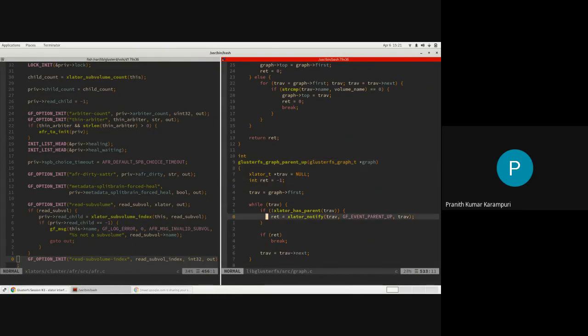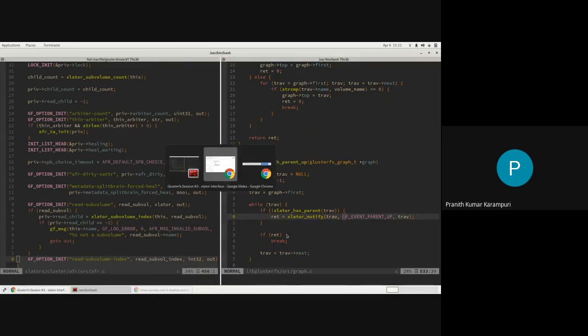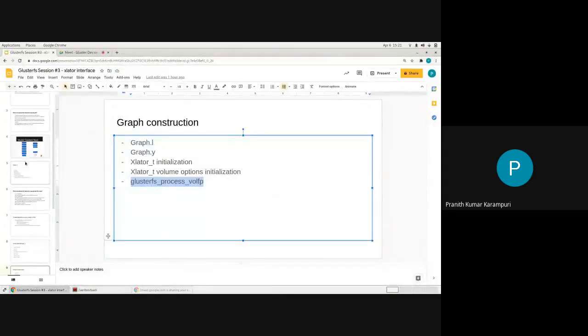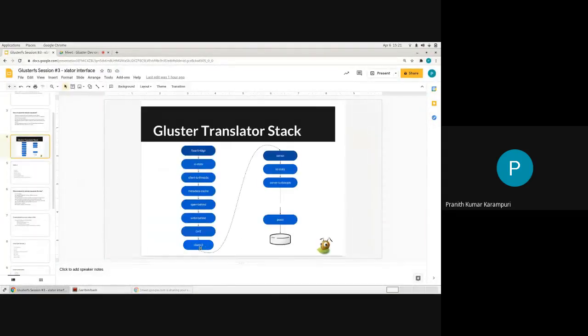On the topmost translator, the one that does not have any parent, it will notify an event called parent up, meaning the parent is up now. Okay, so for each translator in this graph, the parent up event is starting from here.